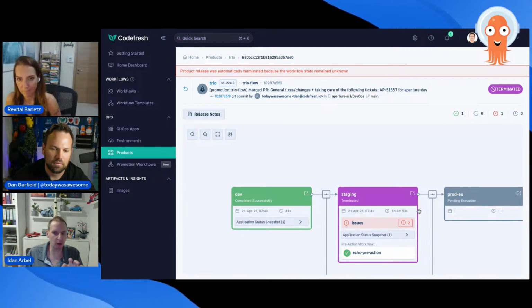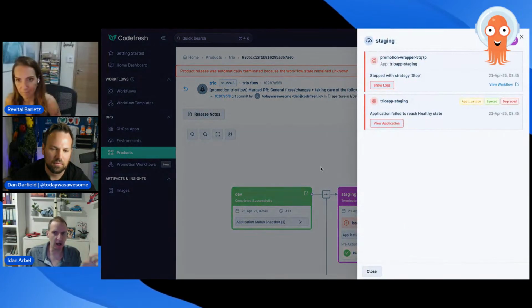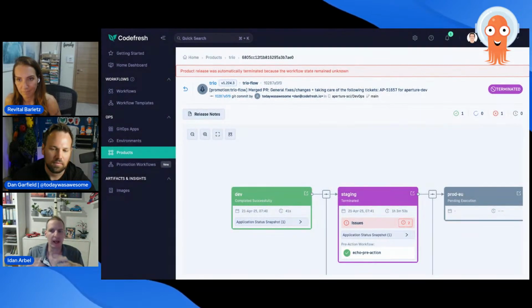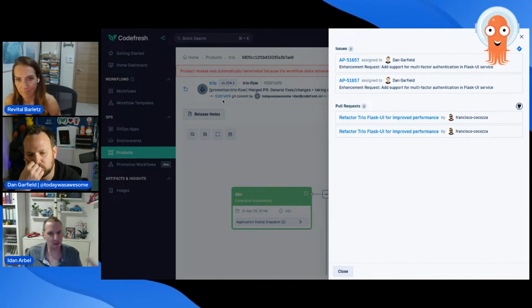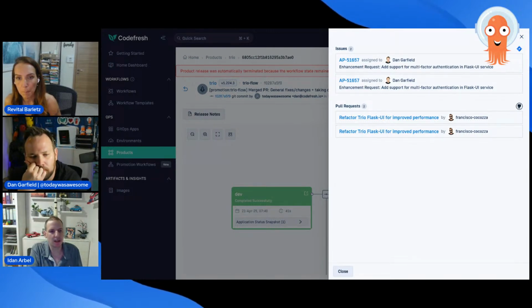When things go wrong, I have a clear indication of what happened here. I can see the logs. I can access exactly what application failed to deploy, what workflows failed to deploy. I have this information, or more importantly, my developers have this information. So that's amazing. And we also tack onto this, and we haven't talked about this, release notes that give you information from the CI.